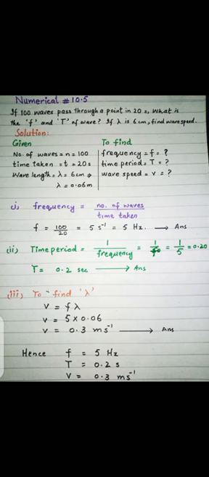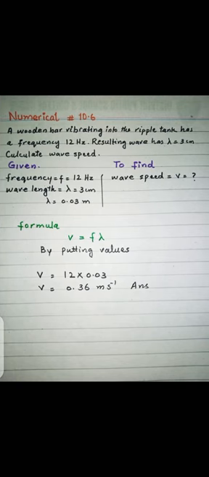Now come to the numerical number 6. The statement is, a wooden bar vibrating in the ripple tank has a frequency 12 Hz. The resulting wave has wavelength lambda equals 3 cm. Calculate its wave speed. Girls, here the given is number 1, frequency F equals 12 Hz, and the wavelength lambda